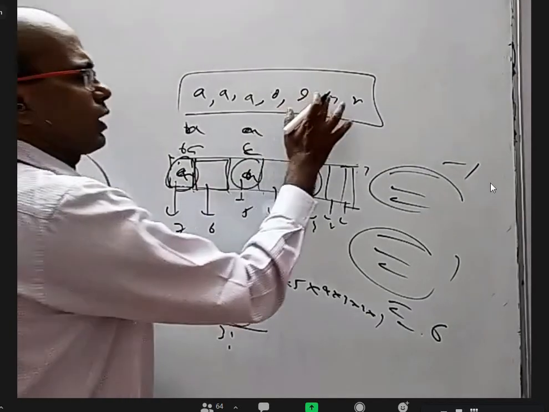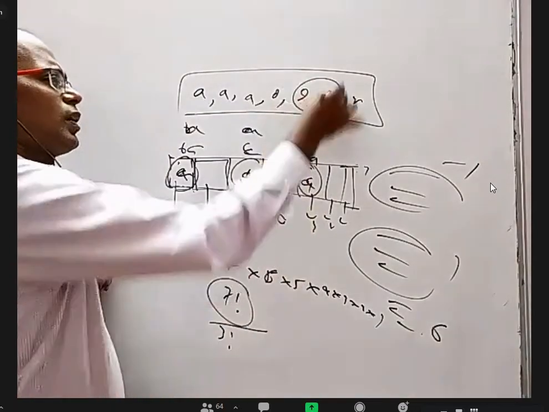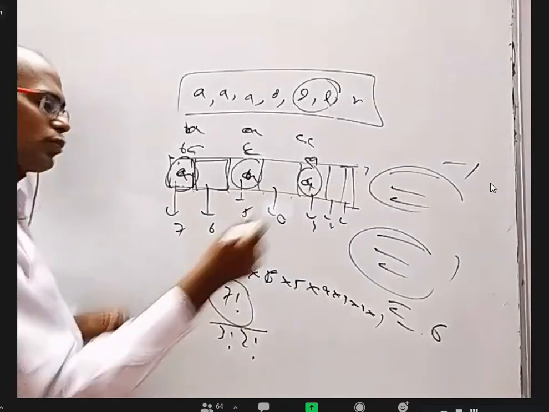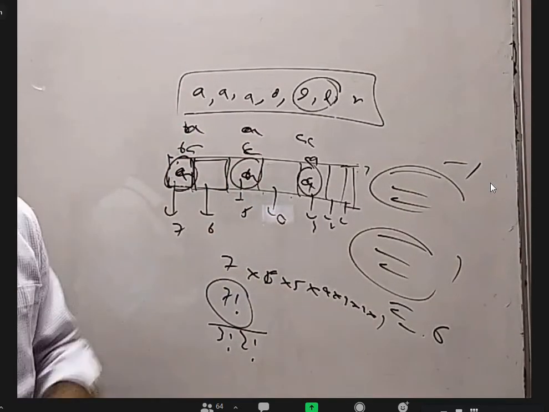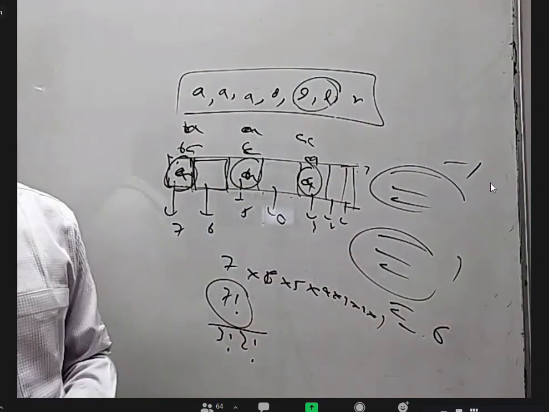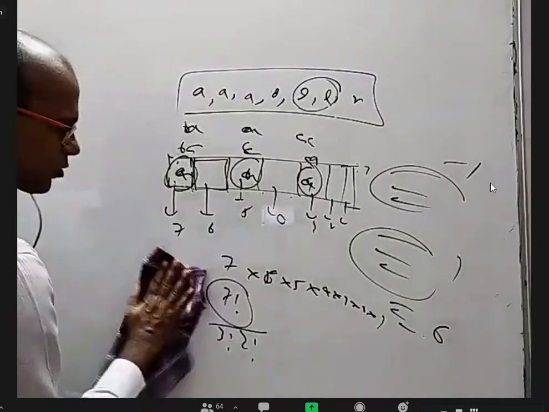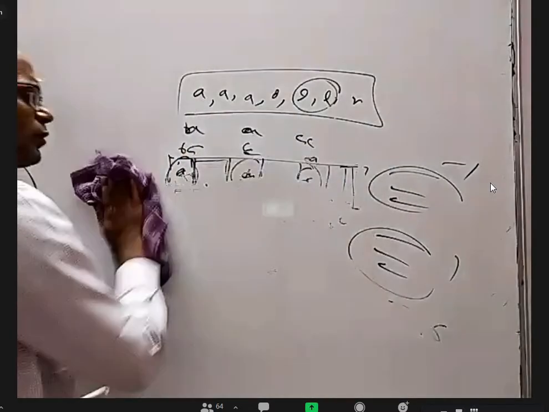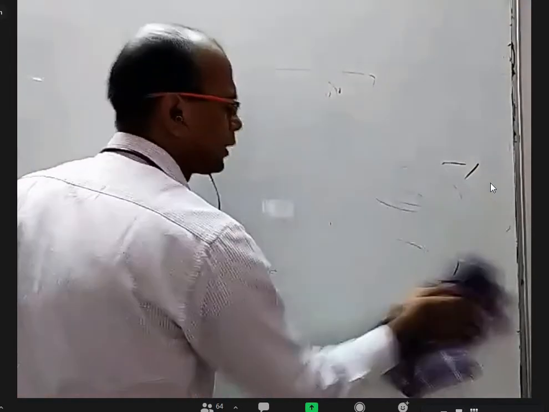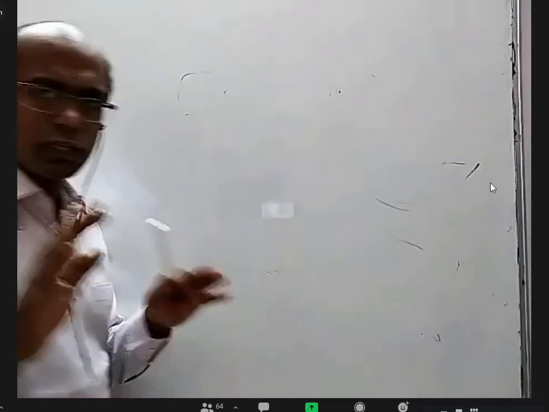Let us say I remove M and write L here. Because 2 things are the same, I have to divide by 1 more 2 factorial. Because some more words will become the same. 2 words will become 1 word, 2 words will become 1 word. Right? Okay. So anyway, as I said, you may not be able to fully comprehend because I'm not explaining in detail. Now, I just want to tell you one simple formula.